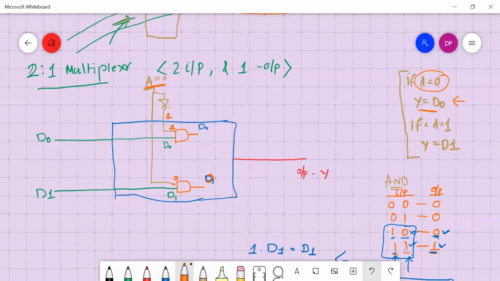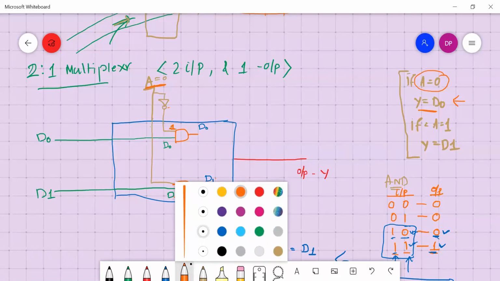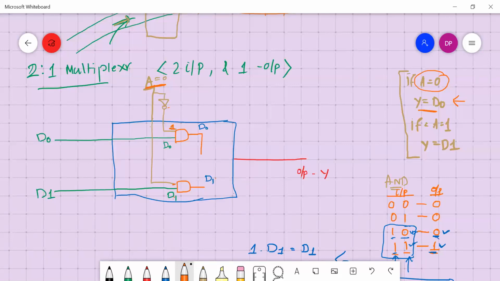So we will take that into account. And what we will do, we will connect these two with an OR gate.